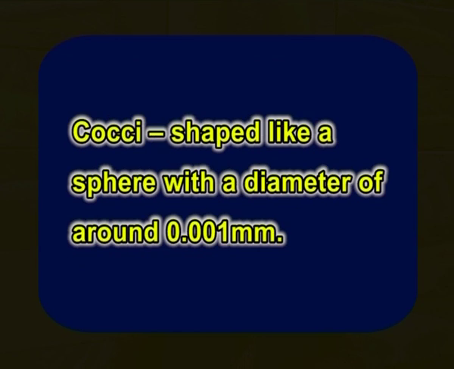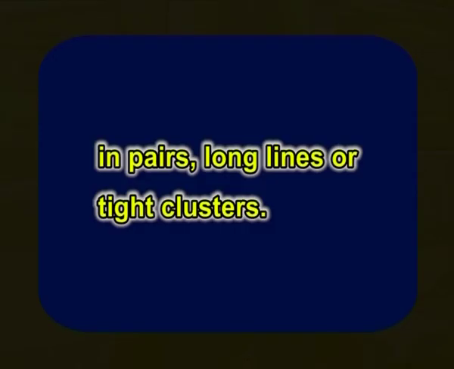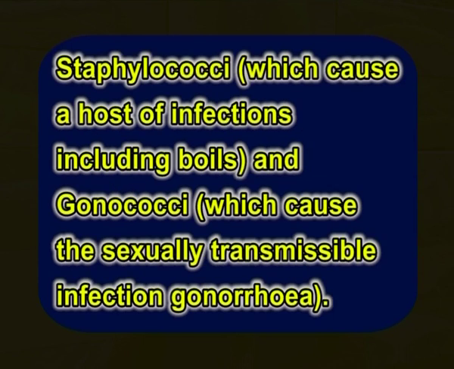Secondly, it is the coccus shaped. They are like spheres with a diameter of around 0.001 mm. Depending on the sort, coccus bacteria group themselves in a wide range of ways, such as in pairs, long lines, or tight clusters. Examples include staphylococci, which cause a host of infections including boils, and gonococci, which cause the sexually